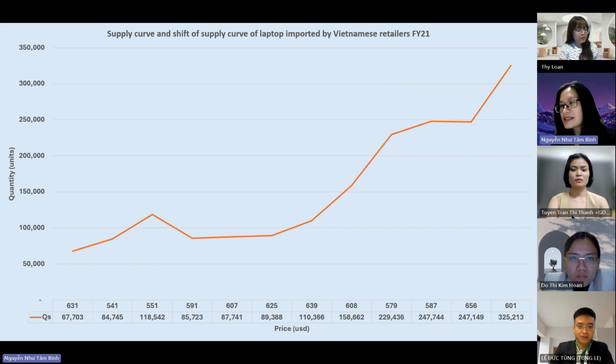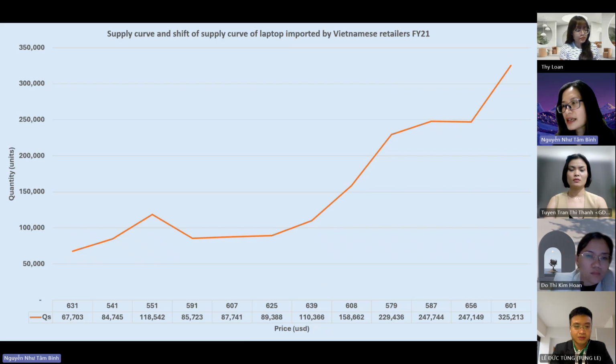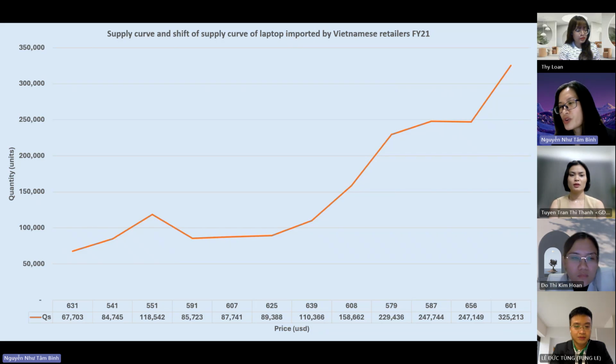So let's look at the supply in February and March. The importing price decreased, but supply significantly increased. It was the result of forecasting from retailers and local distributors based on the local holiday season during February and March. Normally, the retailers and local distributors tend to stock more before and after the Tet holiday to get a discount from